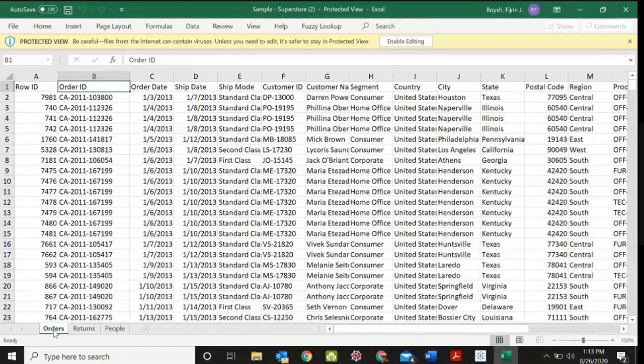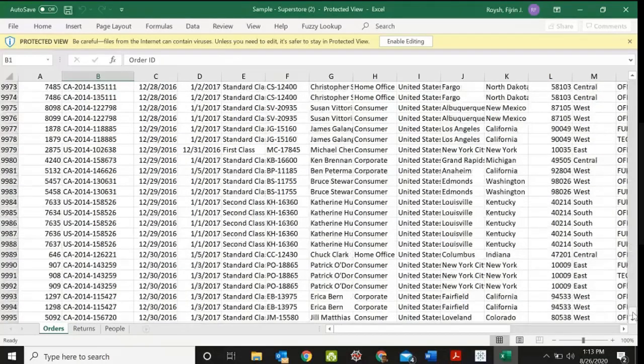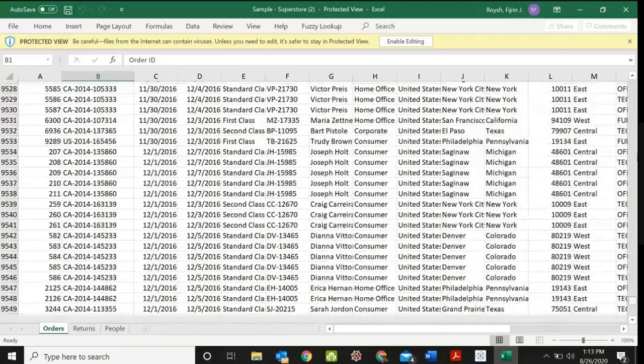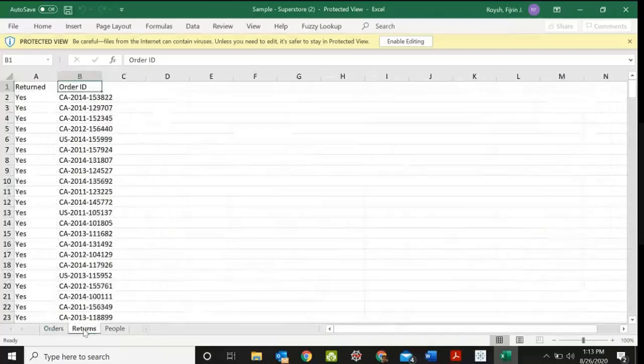What left join does is it will include all the order IDs from the orders table. Here you have some more number of rows. It will consider all the order IDs from the orders table and only the common order IDs from the returns table.